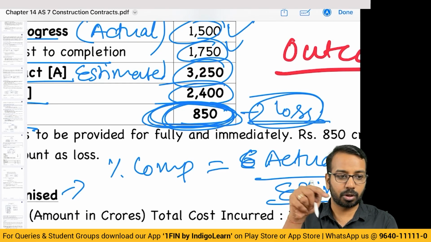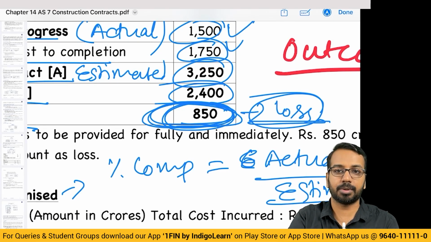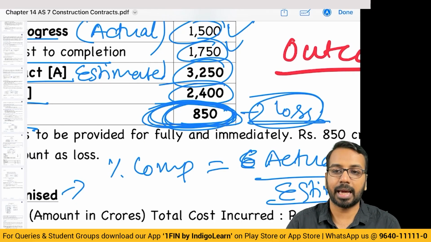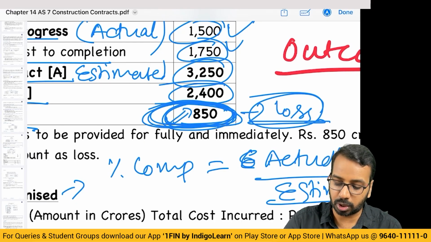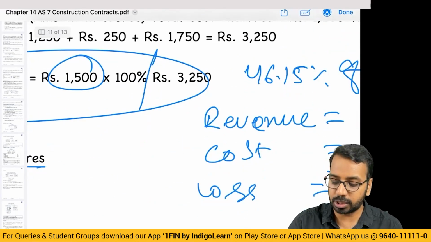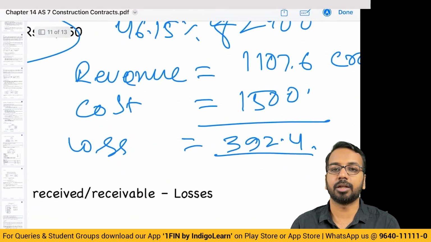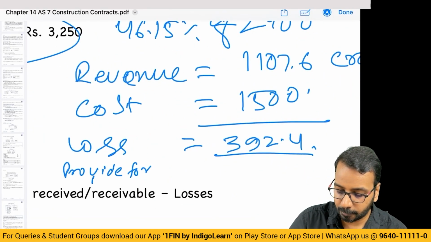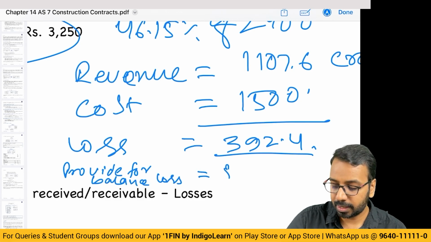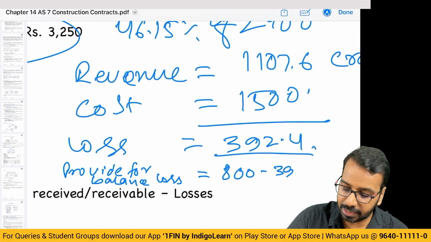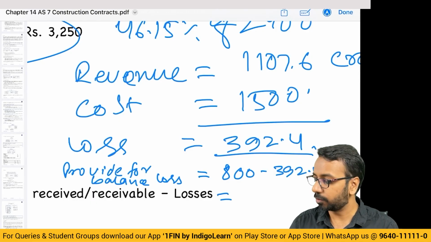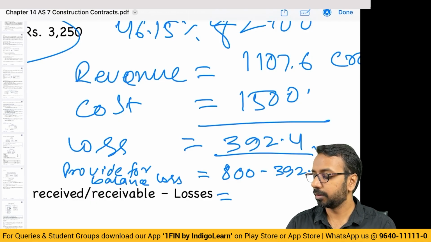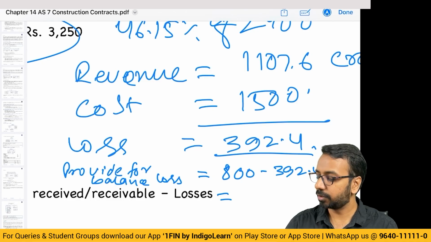There is an MCQ question also in the study material testing on the same concept, right? I need to calculate the loss, or my total loss should be 850. How much is my total loss here? Only 392. So I also need to provide for balance loss, that is 800 minus 392.4, that is equal to